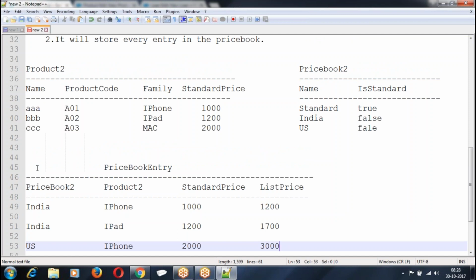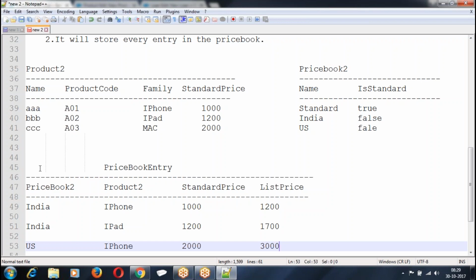To achieve the concept of products and price book, internally Salesforce has given three standard objects. So product is what? Anything that your company is trying to sell or service is called a product. Price book is what? It is a collection of products with the corresponding prices. List of all the products will be in the product object. List of all the price book names are in the price book object, and price book entry is the list of corresponding products.